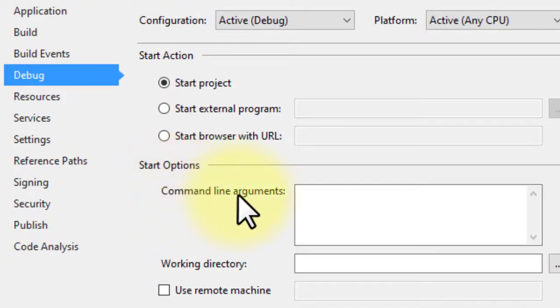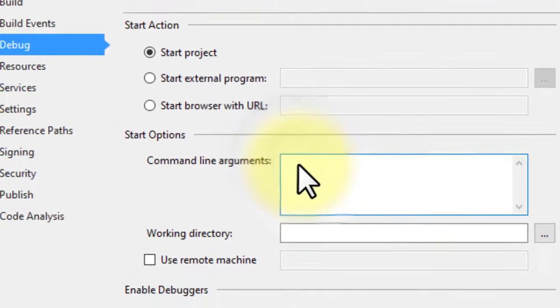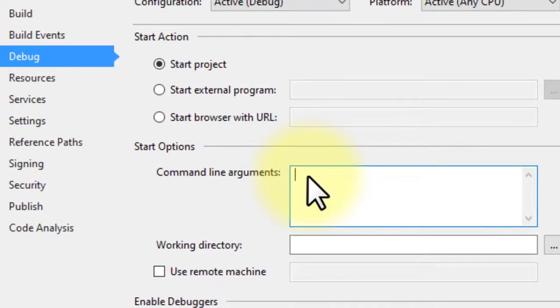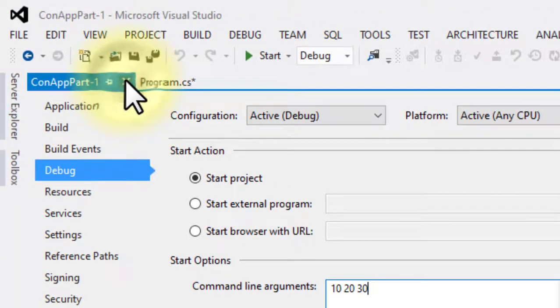There is an option called command line arguments. Here I am going to pass 3 arguments: 10, space, 20, space, 30. These arguments are separated by spaces only. Okay, close it.